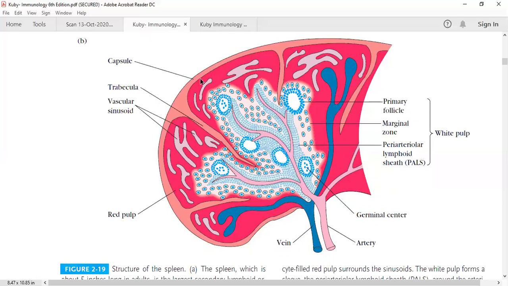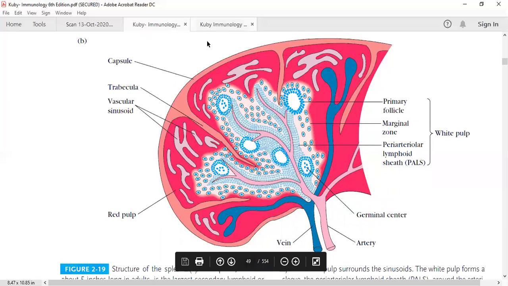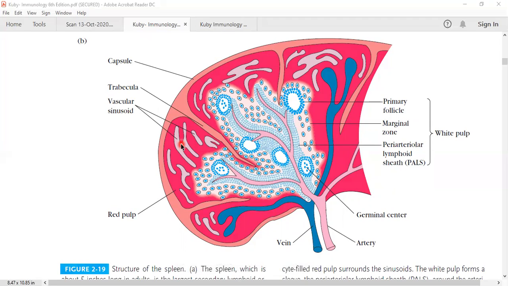Now there are two regions. You can divide the spleen into two major zones. One is a red colored structure, called red pulp. It is also written here, so you can easily see this. Why is this area red? This red pulp is known as red pulp because it has these vascular sinusoid-like structures. Why are these sinusoids given here? These are structures where macrophages are abundant, right?